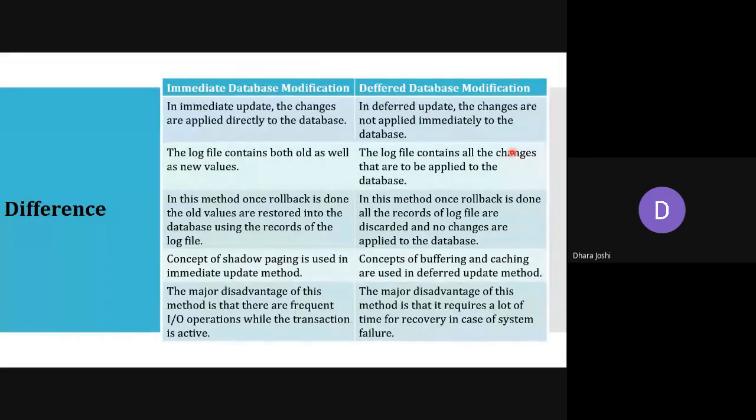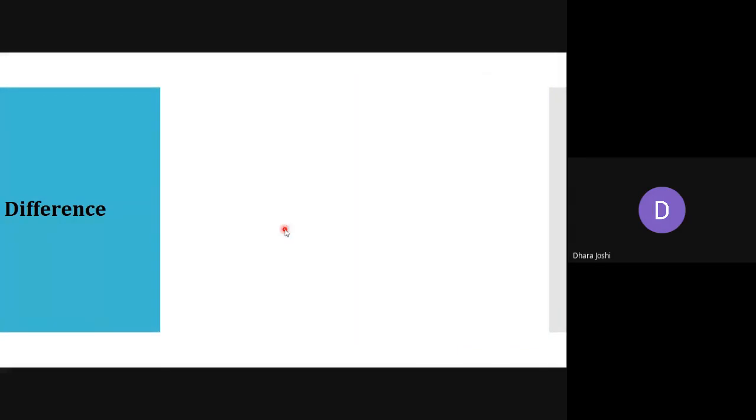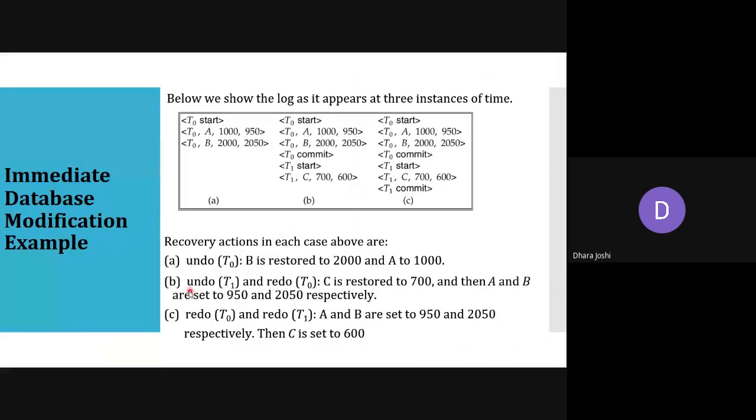In immediate, once rollback is done, the old values are restored into the database using the record of the log file. We have seen previously, if rollback will be there, that means if we are having the undo, then the old value is what will be reflected, because whatever changes we have made, we are undoing all of those changes.